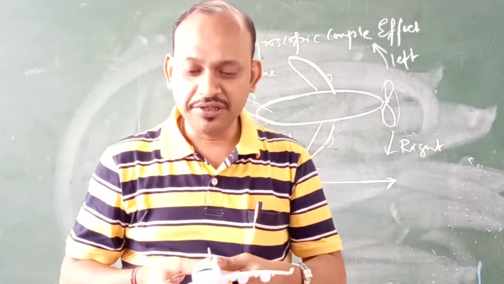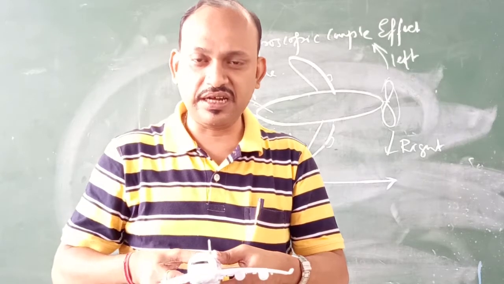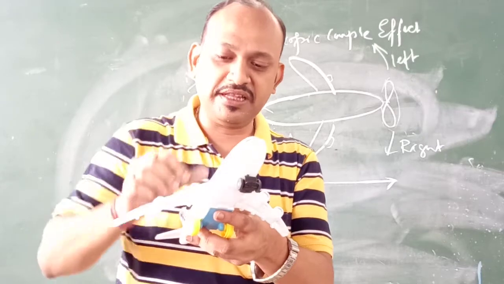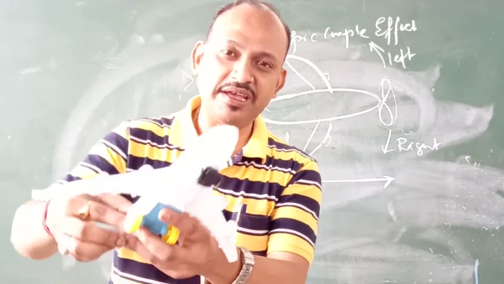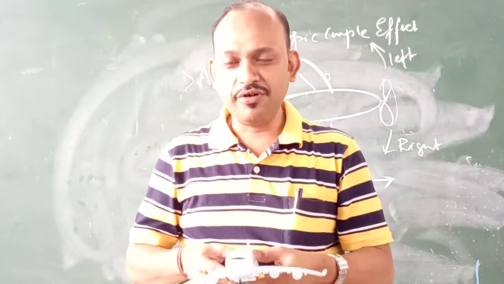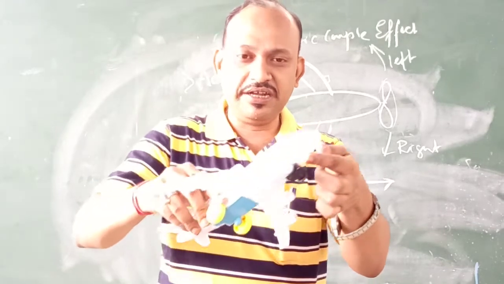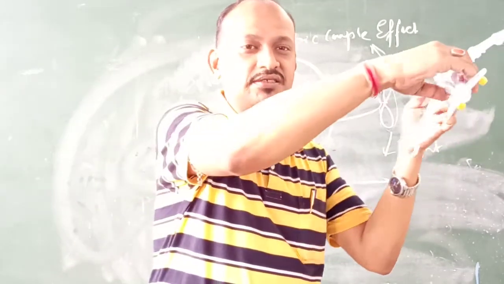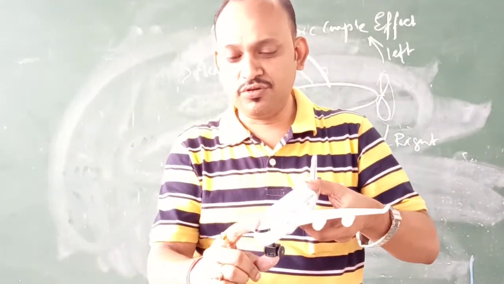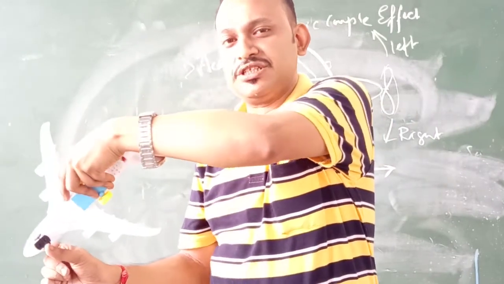If it is so, then when the plane is taking the left turn, automatically its nose will be pointing upward and the tail will dip down and then it will make a movement like this. So this is the beauty. When the plane is taking the left turn, its nose will rise up and the tail will dip down and then it will take a turn like this. Otherwise, if it is taking a right turn, then the nose will dip down and the tail will rise up and then it will take a movement rotation like this.